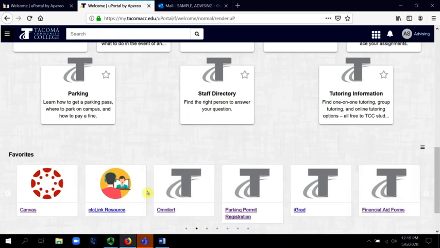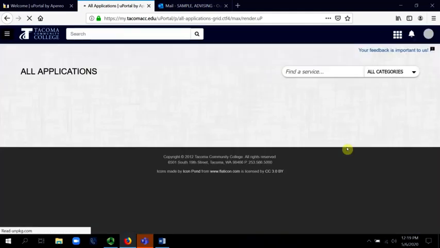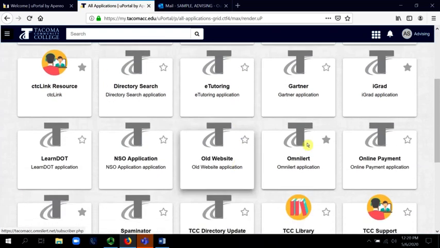To find more resources and applications to add to your favorites, you will go to the waffle icon on the top right of the screen. From there, you will select All Applications. Here are a few applications that I would strongly recommend that you star. Omni Alert,